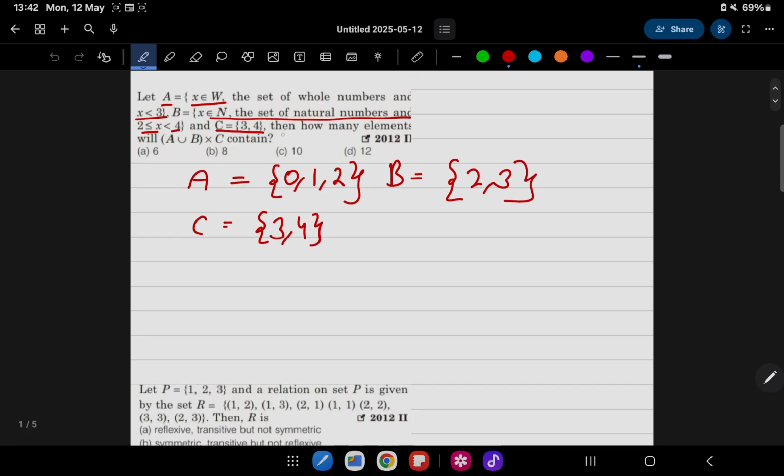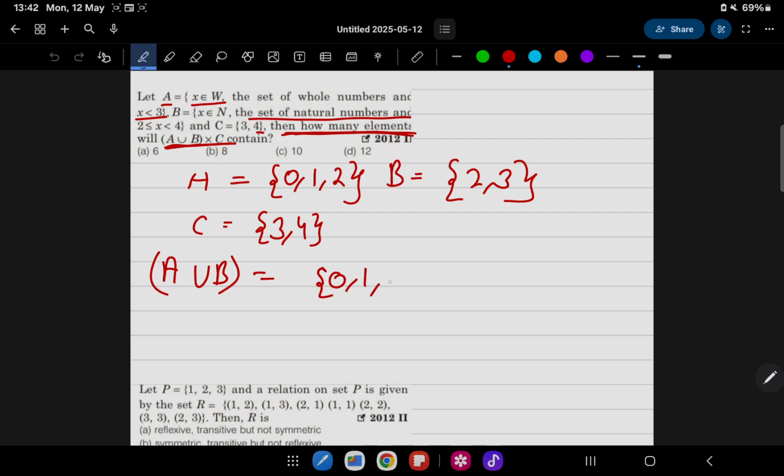So how many elements will be in A union B into C? ठीक है, समझ में आ गया? मतलब कितने एलिमेंट्स हैं ए यूनियन बी इंटू सी। सो हेयर ए यूनियन बी इज इक्वल टू